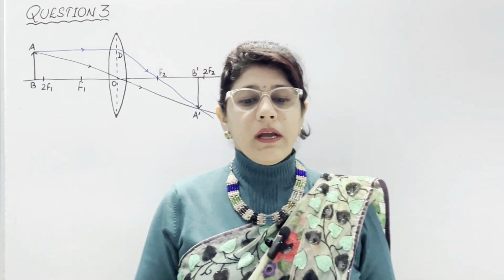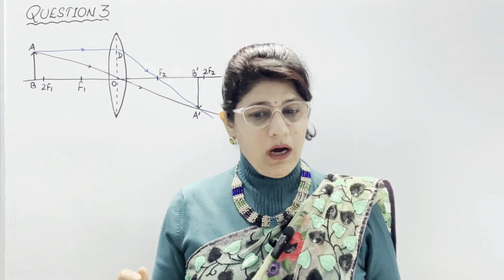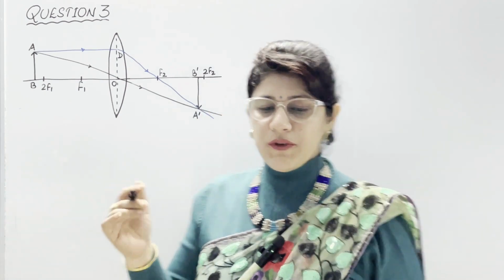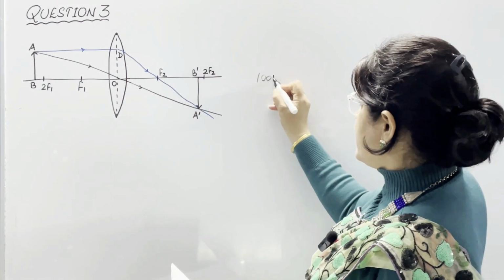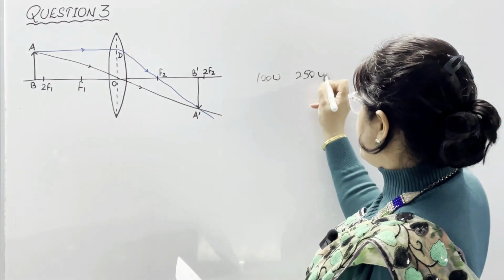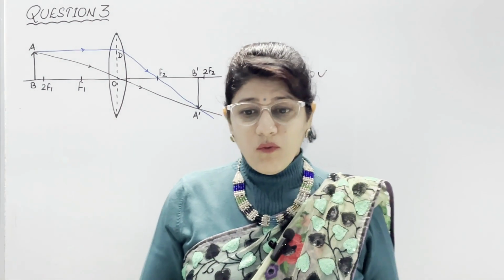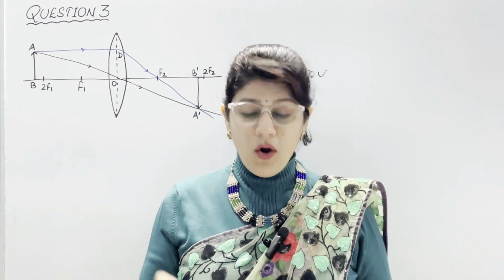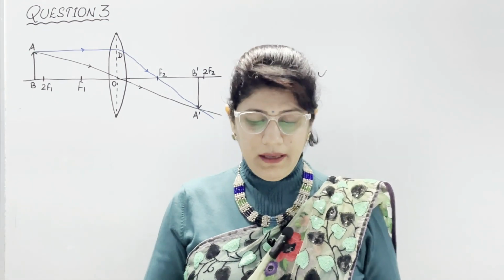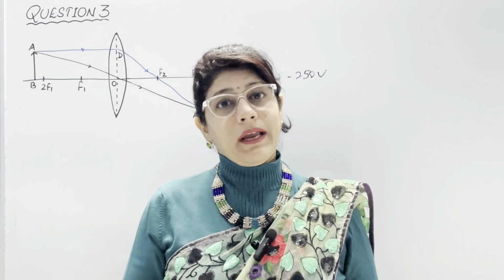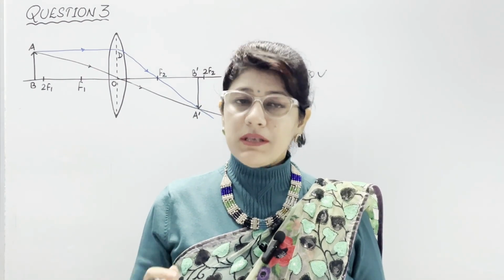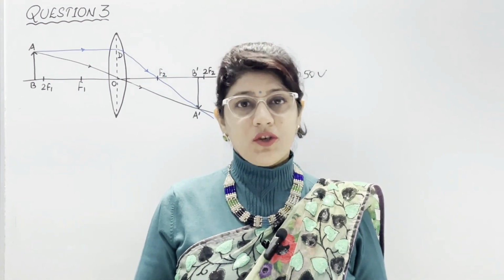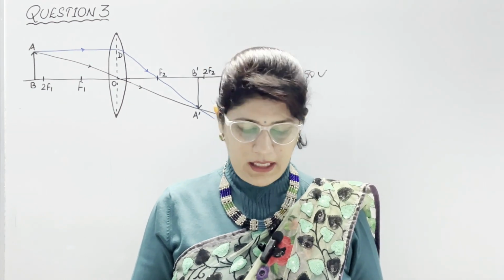In part 2, an electric bulb is marked 100 watt, 250 volt. 100 watt is the power given and 250 volt. What information does this convey? If the electric bulb is lighted on 250 volt supply, the electric power consumed by it is 100 watt. It means 100 joule of electric energy is consumed by the bulb in 1 second.